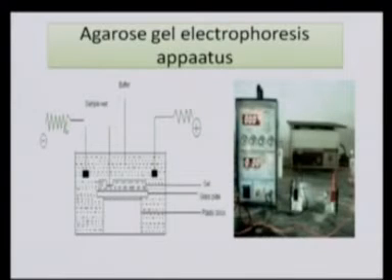The moment you allow the current to flow through these electrodes connected to the buffer, the DNA sample gets separated. On the right side you can see the apparatus and the setup. The same as in the case of your PAGE, we have a power pack as well as an electrophoretic system. But here this electrophoretic system is a submerged or submarine electrophoretic system. Why? Because in agarose electrophoresis the gel is completely submerged inside the buffer. That's why this is called submarine gel electrophoresis.